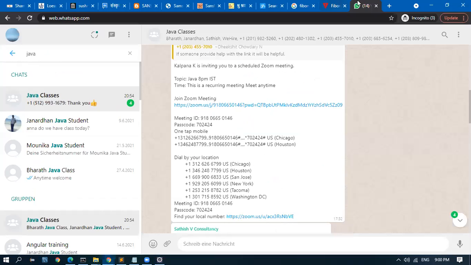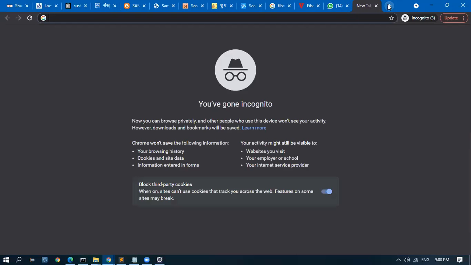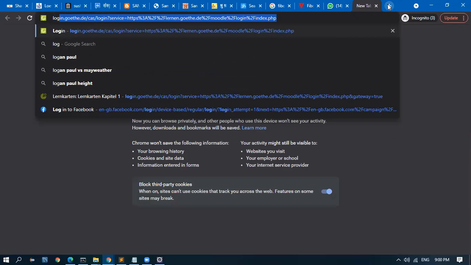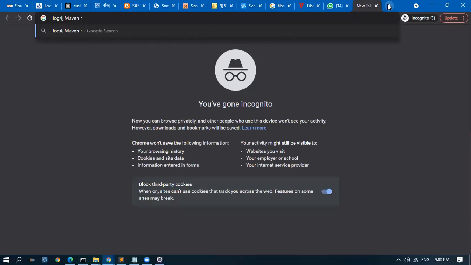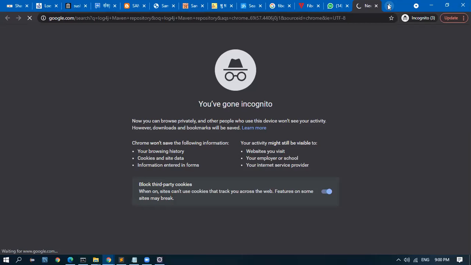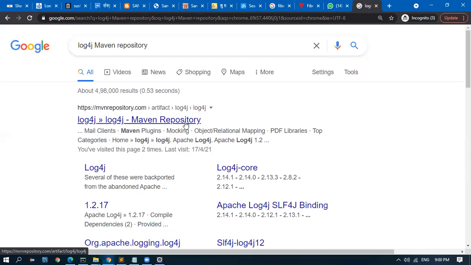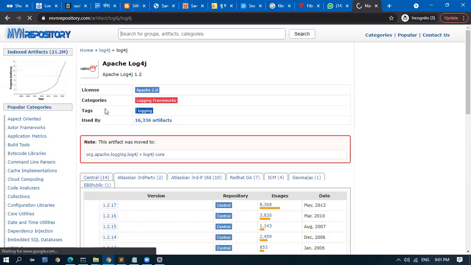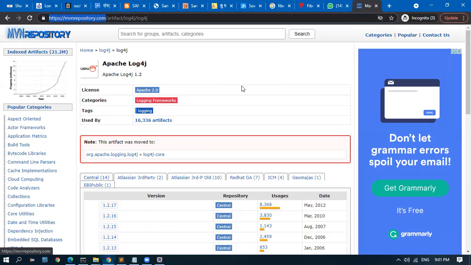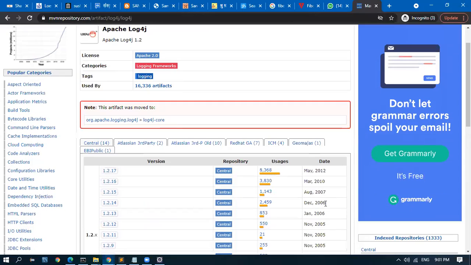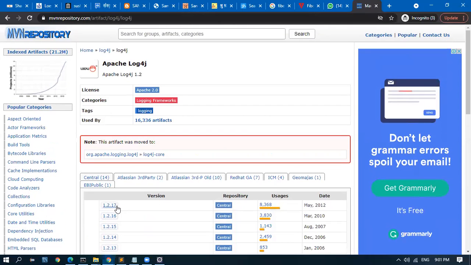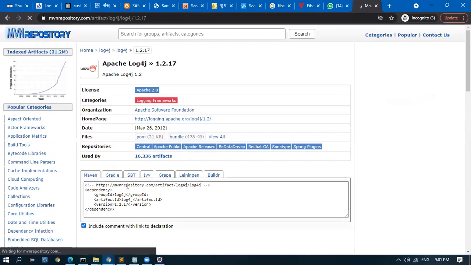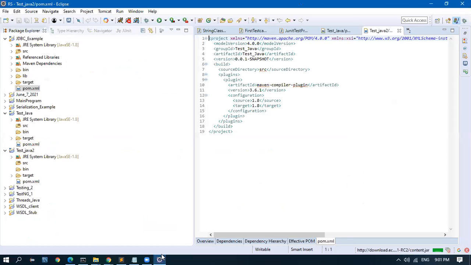I will go to the Log4j Maven repository. This is the standard website you should always keep. From here you can get everything. So I'll go to this latest version, May 2012. So that's the version. Let me copy this content.